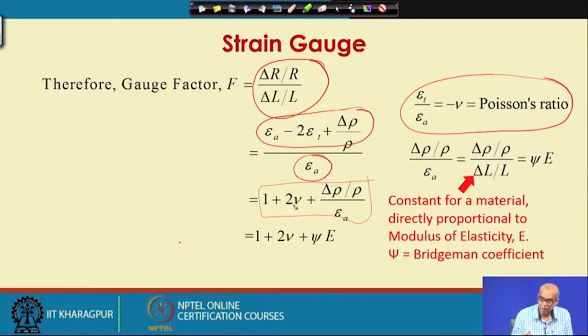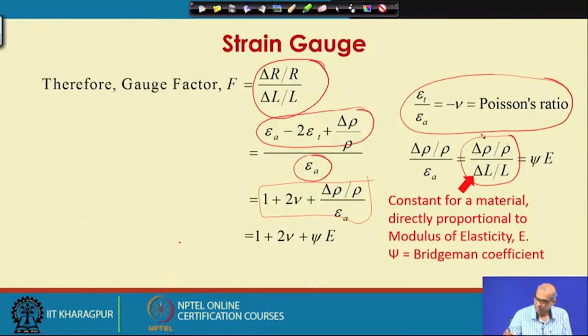So, I replace that here. Also, delta rho by rho divided by axial strain can be written as delta rho by rho divided by delta L by L,